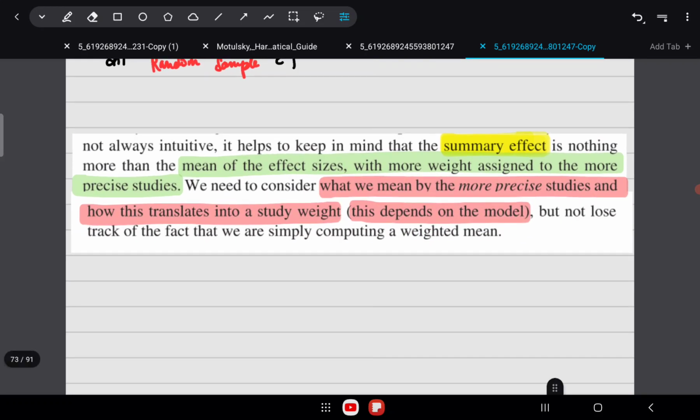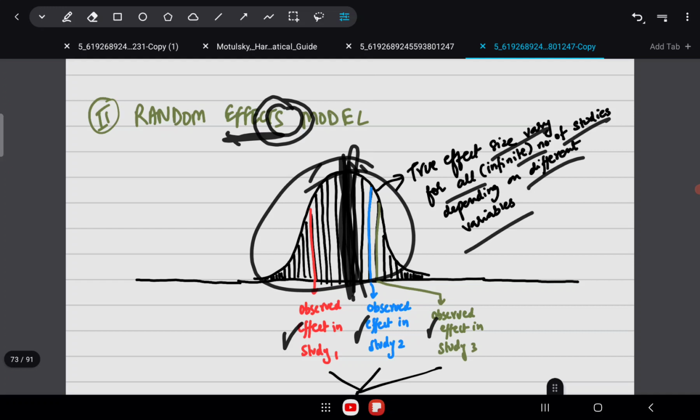The summary effect is nothing more than the mean of the effect sizes with more weight assigned to more precise studies. So we'll come back to this concept later on also when I make a separate lecture for random effect modeling. But for now you understand that the interpretation of the summary effect in meta-analysis depends on what modeling you are doing.